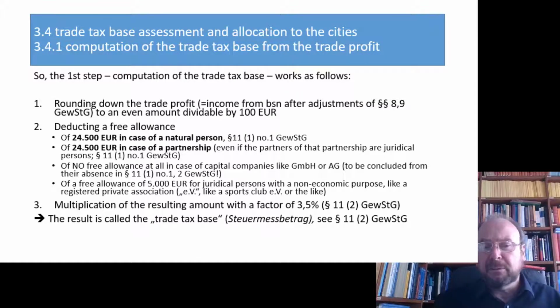And so when you, in the later course of your career, communicate with somebody who learned somewhere else, then that other person might be used to another translation. And so big guesswork would probably start. Do you mean by trade tax base the same as I mean with trade tax factor or so? And then they would try to